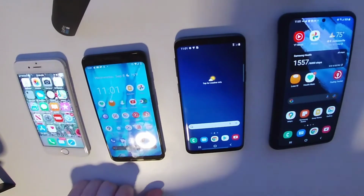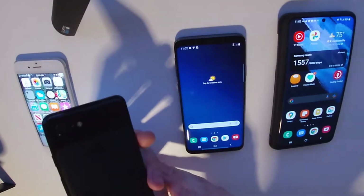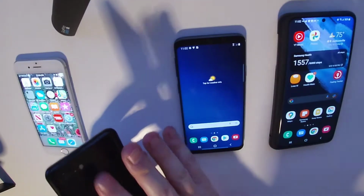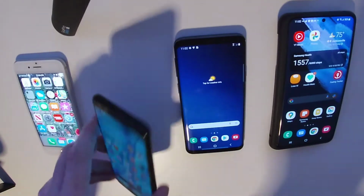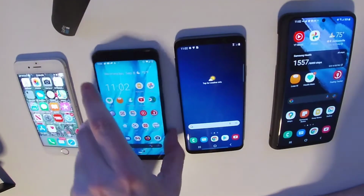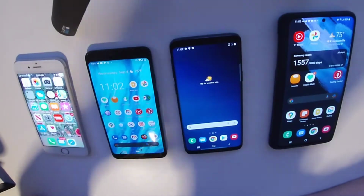My Google Pixel phone I've had for 3 years, and it was just kind of like a budget buy. And it has not really been as incredible as I hoped it was. It's still together. It had the fingerprint sensor on the back here, which if you don't have a case for it, it's hard to even find where that fingerprint spot is. So without the case, it was kind of difficult to find that. Otherwise, the phone was a nice form factor. It was small and slim and everything. But